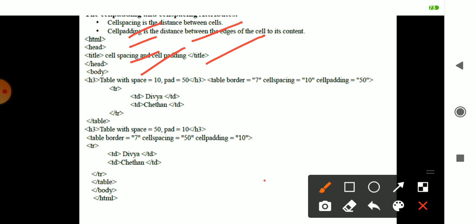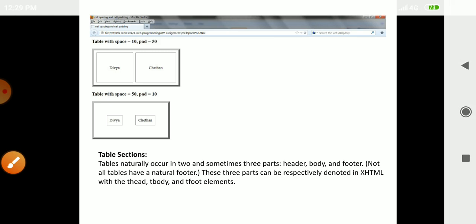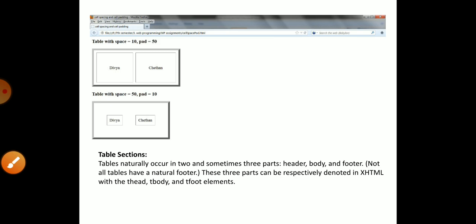Starting, it takes a table with spacing 10 and padding 50. The table border is 7, that is the size of the border, spacing is 10 and padding is 50. You can check the table with spacing 10 and padding 50, which is considered first.